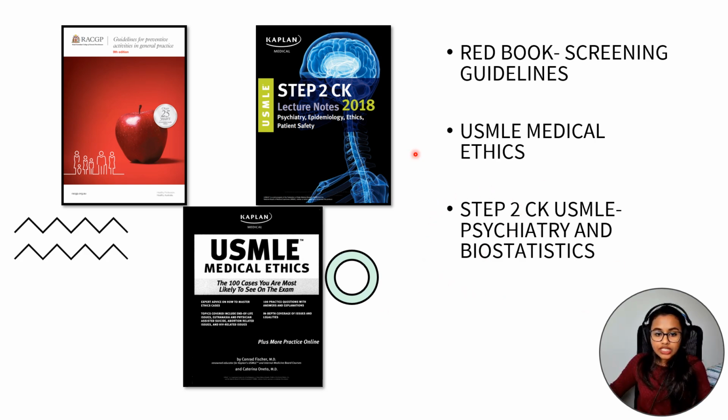Now, this particular textbook, the Step 2 CK Psychiatry and Biostats textbook, it is also a USMLE textbook, guys, but this was a wonderful textbook. I did read this textbook cover to cover. To be honest, I understood and I learned psychiatry from this textbook. I also learned more about the